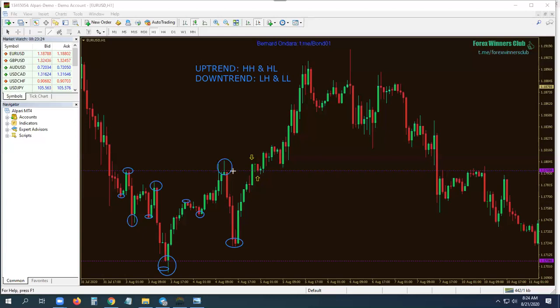What about this one? This high is higher than all the highs. Surely, this must be an uptrend starting. So it will not be proper to try to sell here. Because when you are selling in an uptrend, you are a reversal trader. You're trying to reverse the uptrend into a downtrend. And when you're a trend continuation trader, you spot an uptrend, you buy in an uptrend. You spot a downtrend, your business will be to sell.